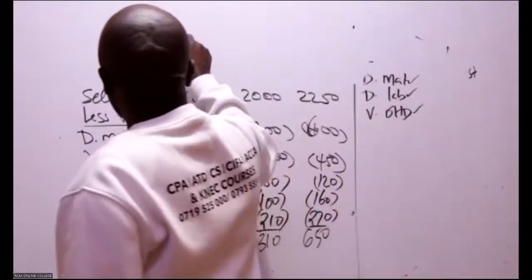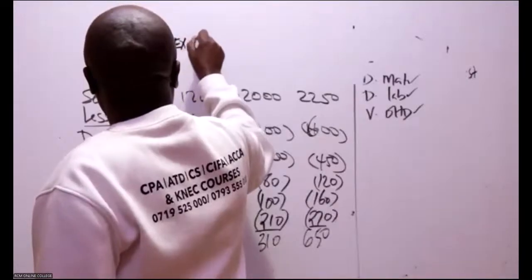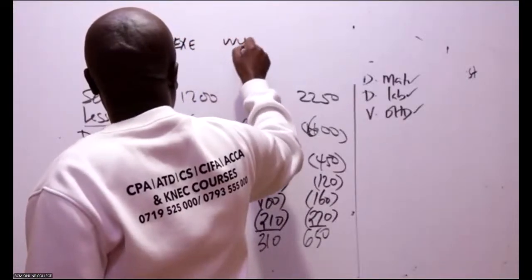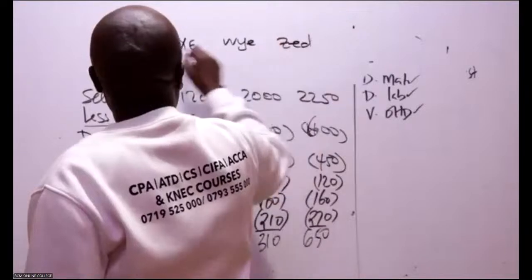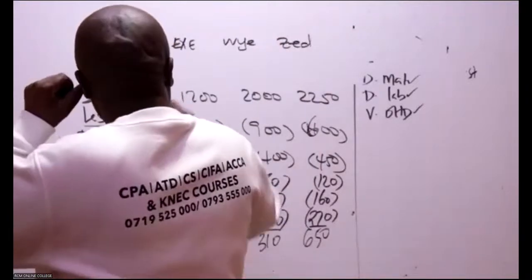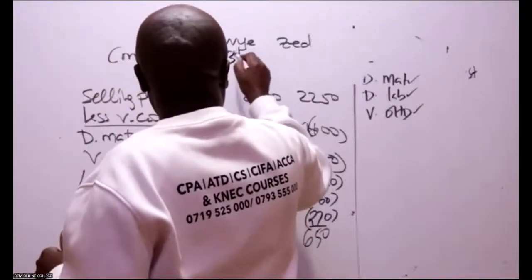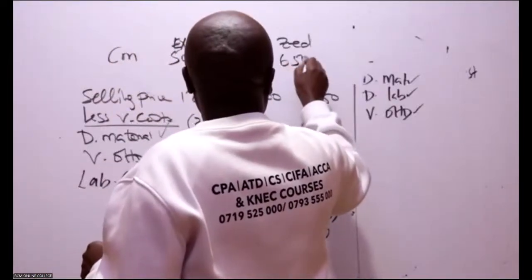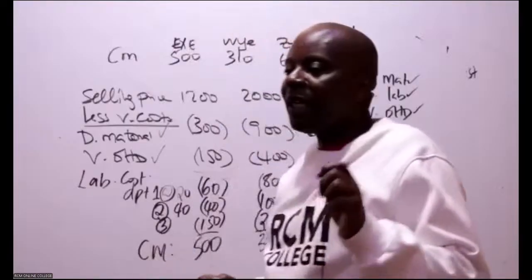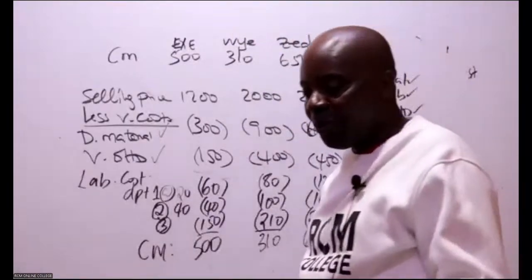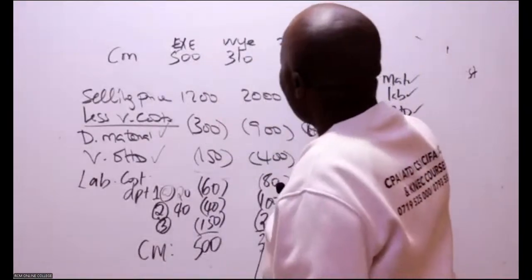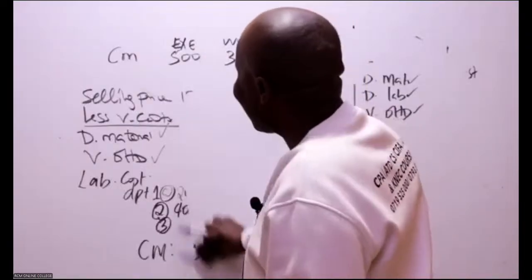So we have here X, Y, Z, and we have our contribution margins. Don't write another table. You guys are safe. I'm the one who has to write another table because my board is very small. So second step, after you get contribution margin, that is step number 1. Step number 2, you give us scarce resource